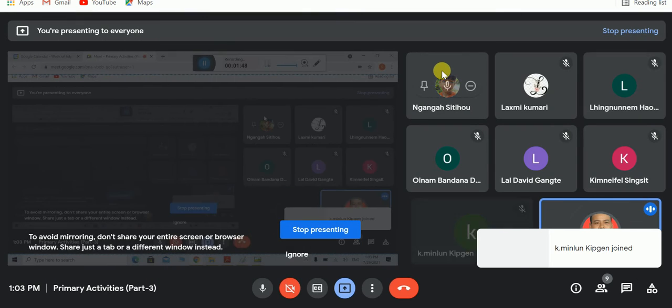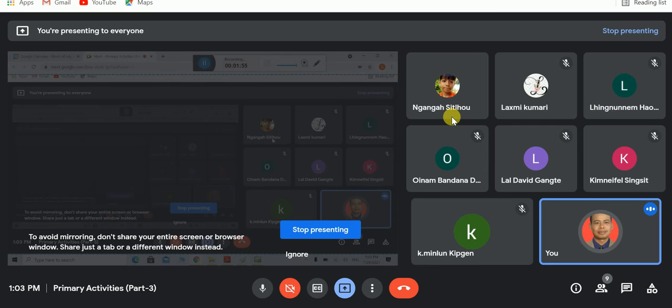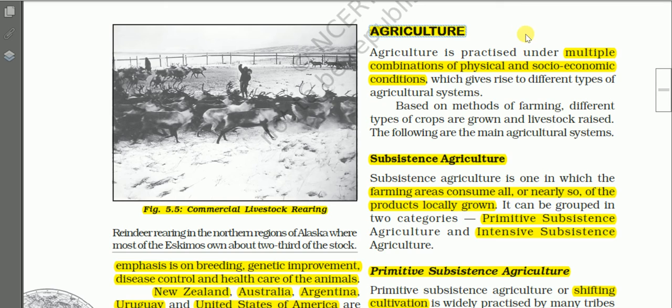About the factors affecting agriculture, we have discussed in the previous days, and you also have told me that important factors affecting agriculture are physical factors like landforms, climate, soils, and socio-economic factors like level of economic development, poverty, technology, like that. So agriculture is practiced under multiple combinations of physical and socio-economic conditions, which give rise to different types of agricultural systems. That means depending on the physical and socio-economic factors, we have different types of agricultural systems practiced